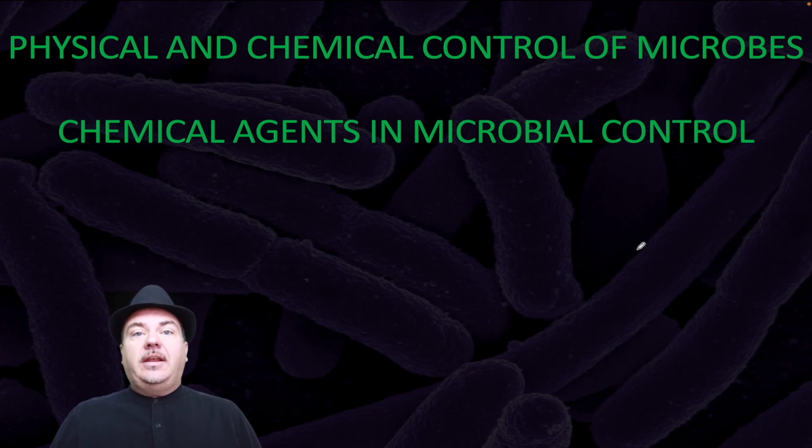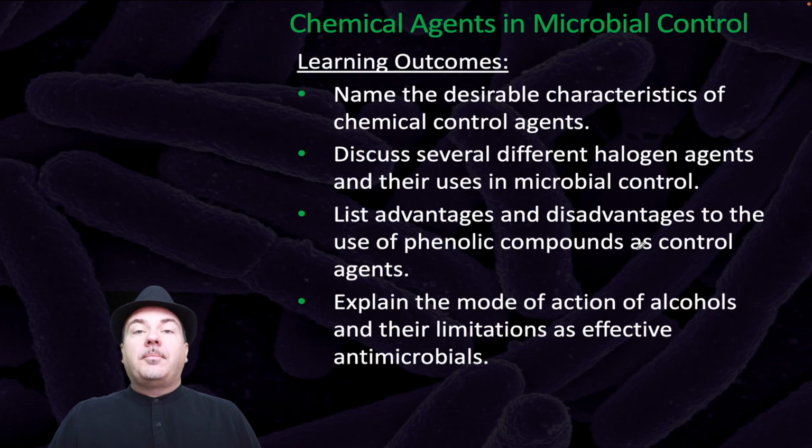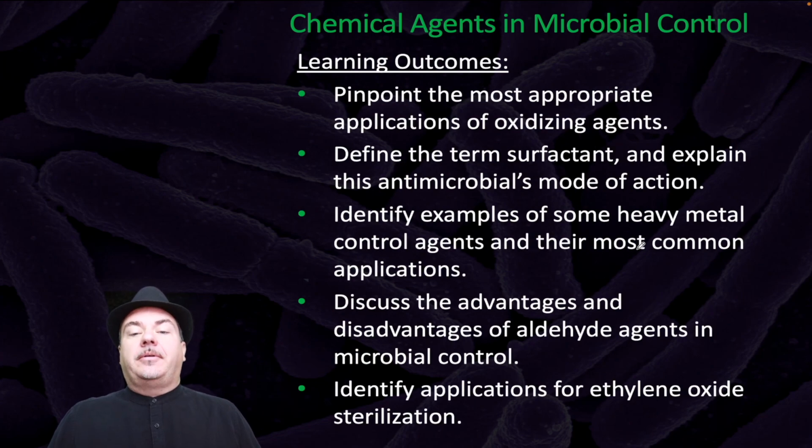Dr. Sage here. In today's video, we're going to discuss the chemical agents in microbial control. By the end of this video, you should be able to name the desirable characteristics of chemical control agents, discuss several different halogen agents and their uses in microbial control, list advantages and disadvantages to the phenolic compounds as control agents, explain the mode of action of alcohols and their limitations as effective antimicrobials, pinpoint the most appropriate applications of